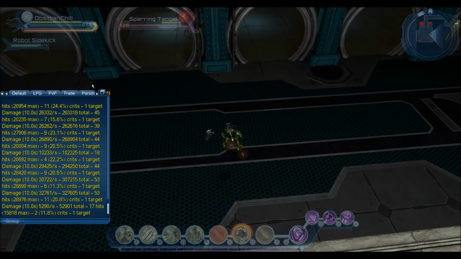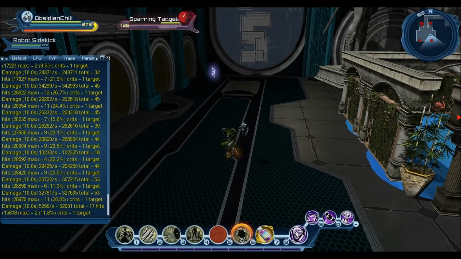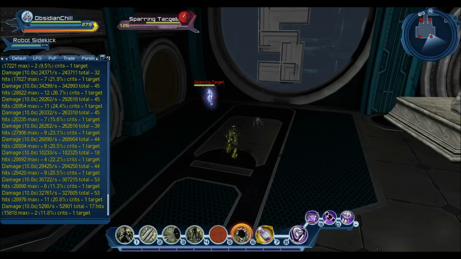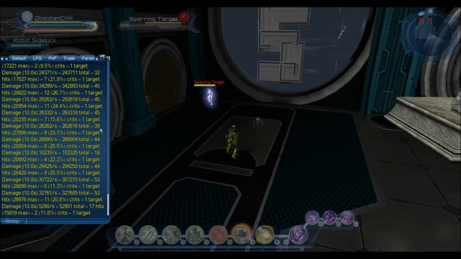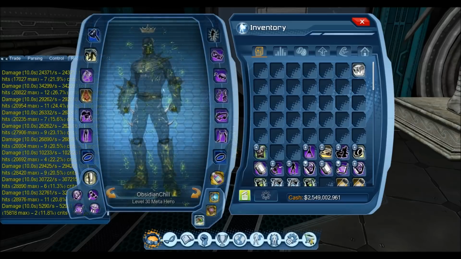Okay, we're back with a single target rotation. With that rotation there, I jumped to the second sparring target just because towards the end I was getting an issue with some of the hits not registering. As you can see, some of them had like 39 on it instead of the regular 45. So because the sparring target was getting low on health,